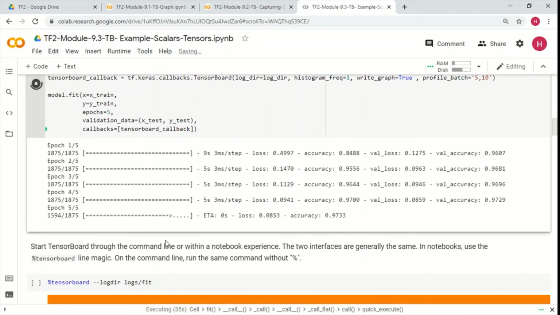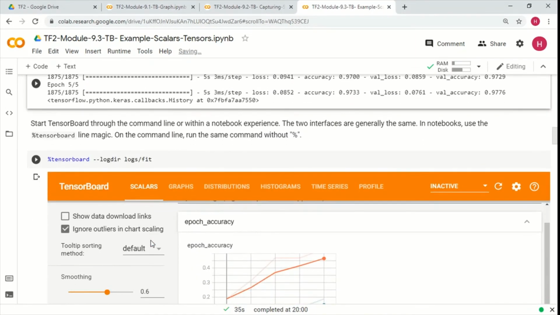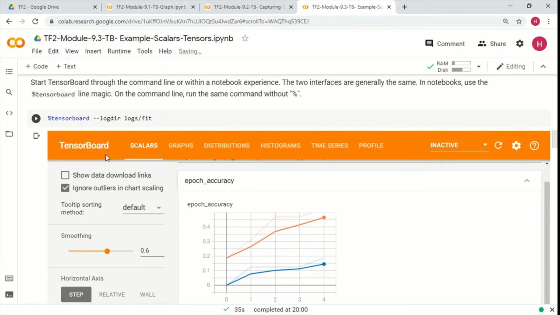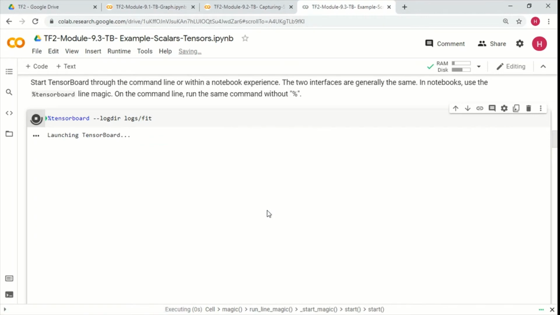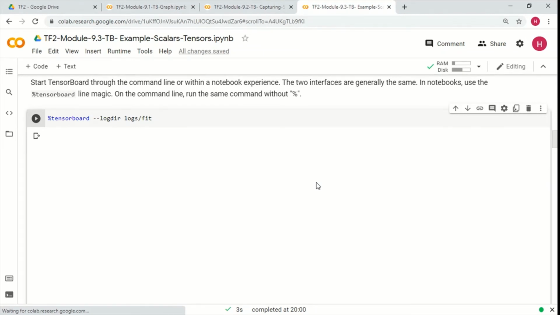So we are almost done with all the training. So we are done with the training. And what we can do now is go and check what actually happened during the training. So we'll check the loss and the accuracy, and then we'll also check the weights.